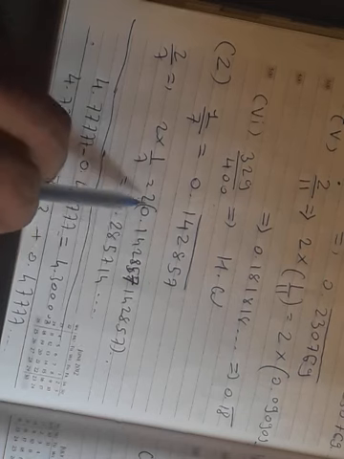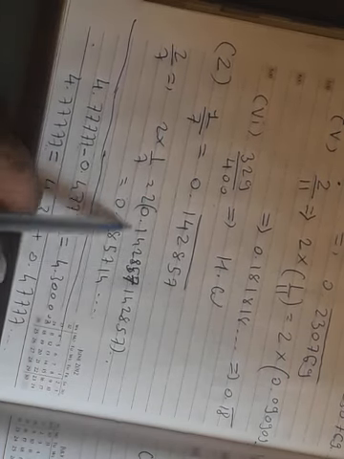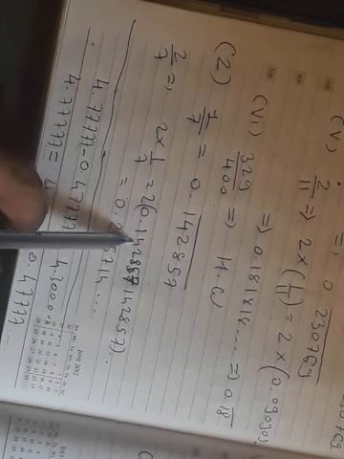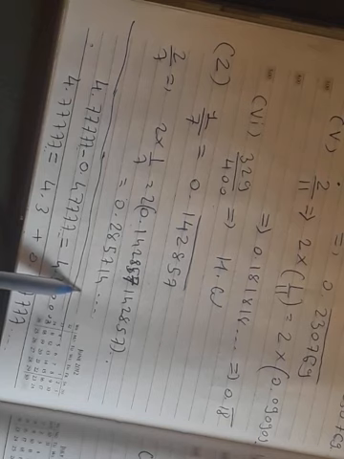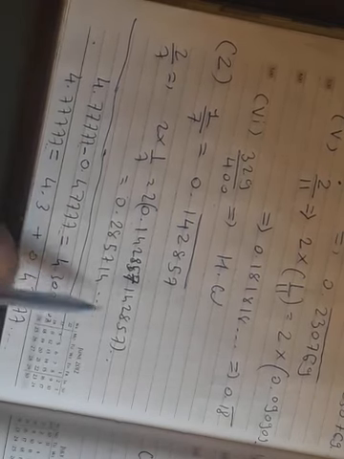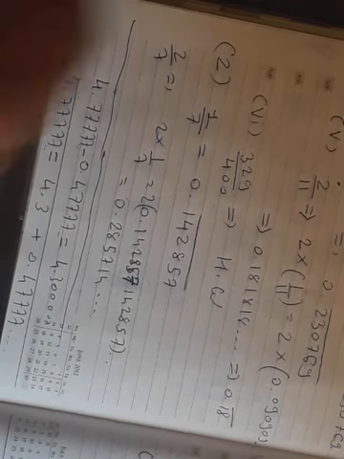You just need to multiply this 2 with this repeating element 142857, and you will have this answer, because whenever you multiply 2 by this, it will give you 285714. Again you will multiply here, again it will give you 285714. So 285714 is repeating itself.